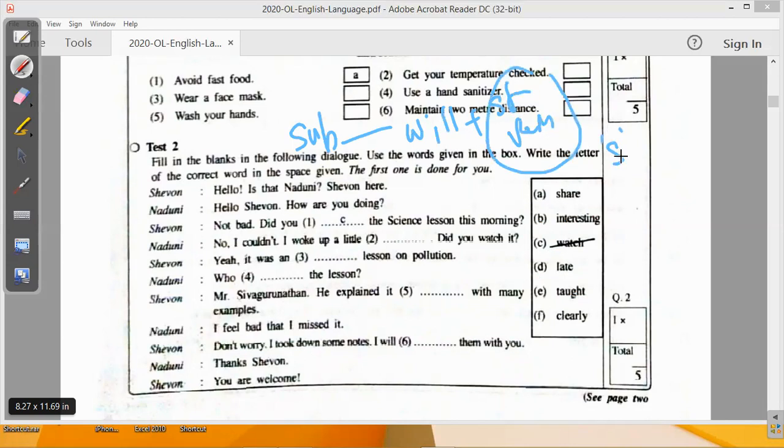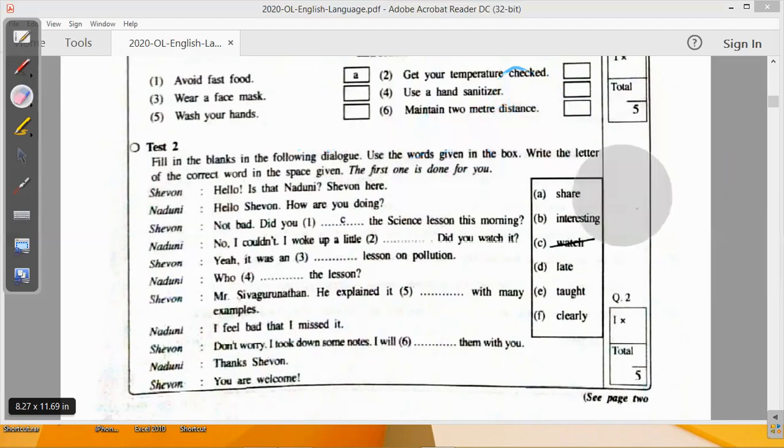There are no s sounds, no ing forms, no past tense, no past participles, because after will there should be a stem of a verb, okay? So quite correctly, share means